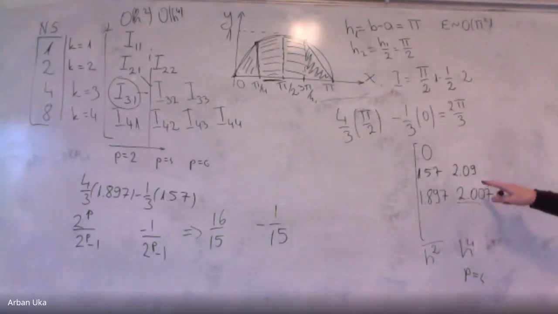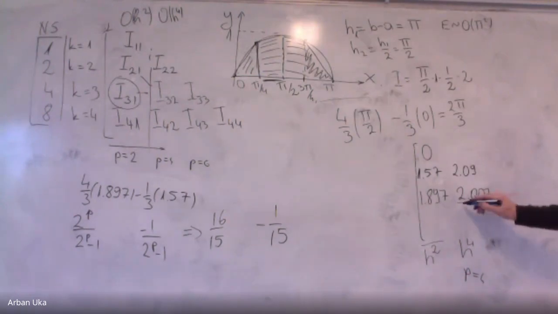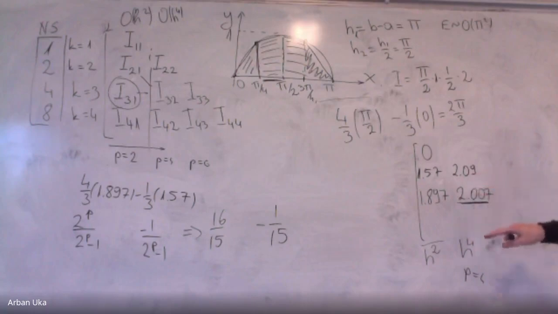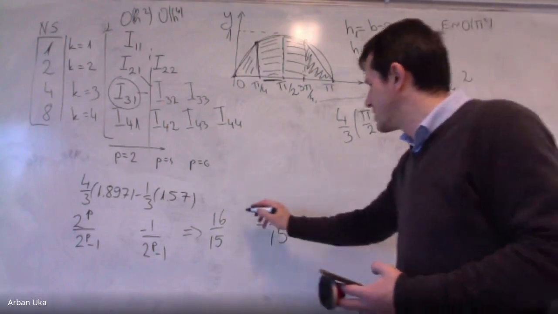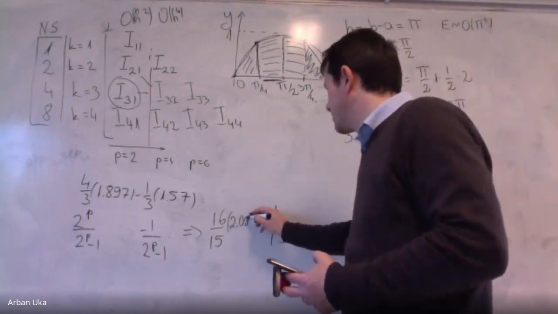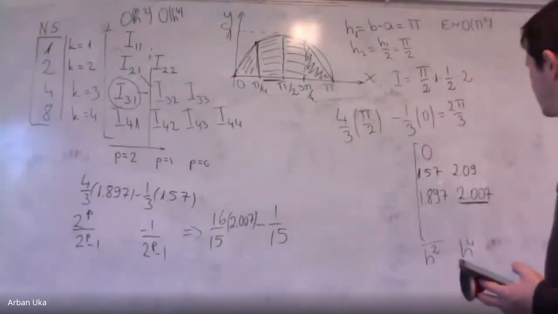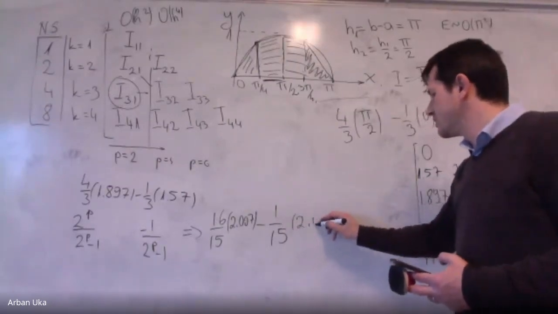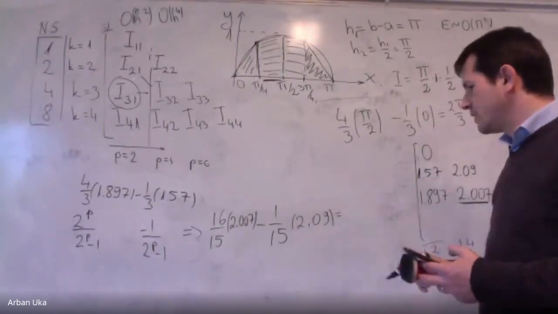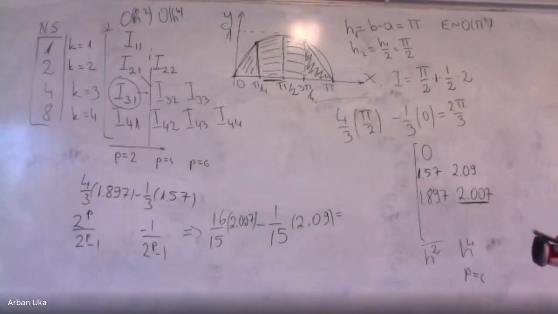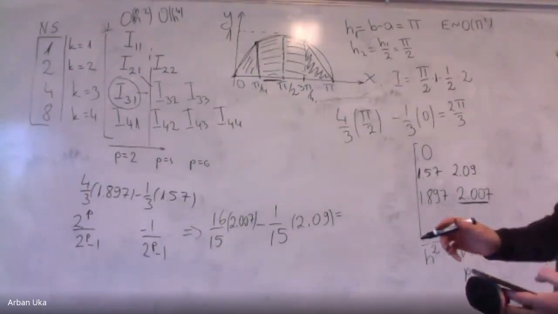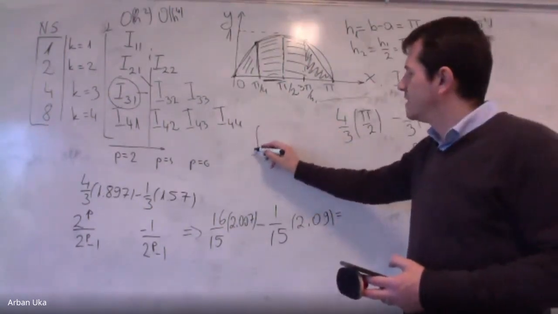We multiply 16 over 15 by this value because it has a much lower error than the one on top, since it is deeper into the calculations. So this is 2.007, and this is 2.09. Meanwhile, can anyone find what is the integral of